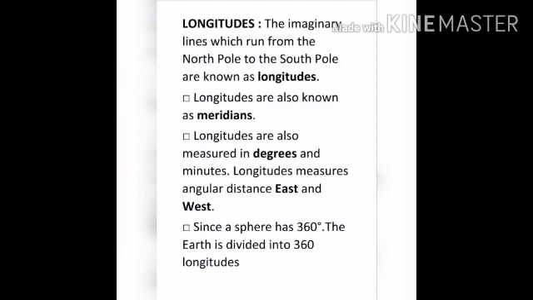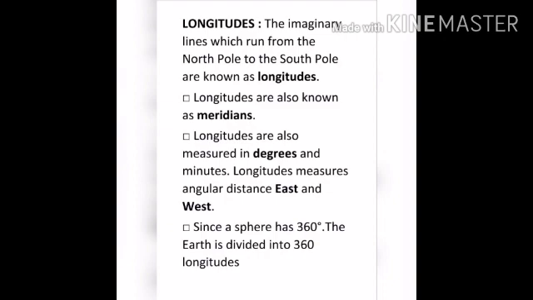So now how do we measure the distance of longitudes? Here also, for longitudes we measure in degrees and minutes. The measurement of longitudes again is in degrees. The value of a meridian is followed by the letter E or W. The eastern hemisphere is indicated by the letter E and the western hemisphere is indicated by the letter W.